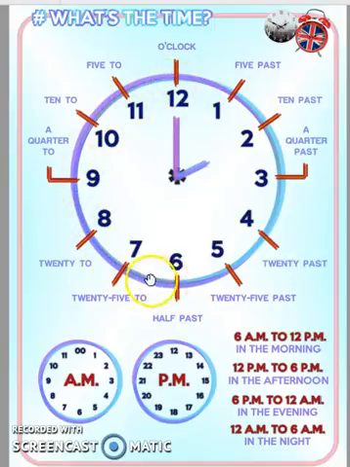So we would say it is 25 to the next hour. If the hour is 2 p.m., the following hour would be 3 p.m. So we would read this as 25 to 3, 20 to 3 p.m., a quarter to 3, 10 to 3, or 5 to 3. You could also read this as